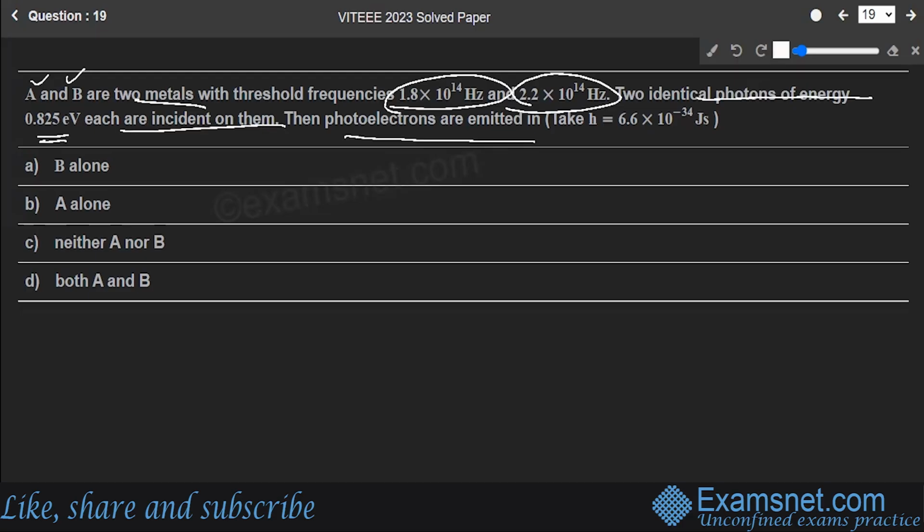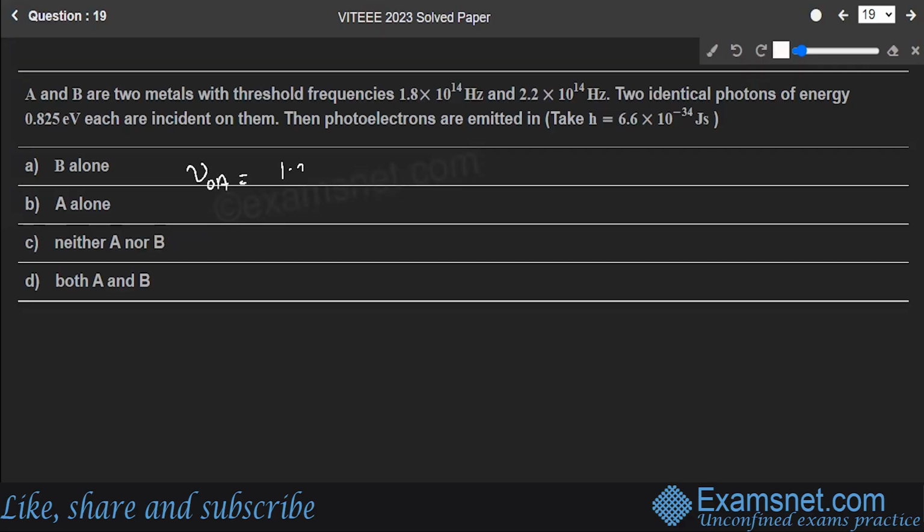Then the photoelectrons are emitted in B alone, A alone, neither A nor B, both A and B. So you are given, let's write down, you are given the threshold frequency for A metal is 1.8 into 10 raised to power 14 hertz, and for B this is 2.2 into 10 raised to power 14 hertz. Energy is given to you as 0.825